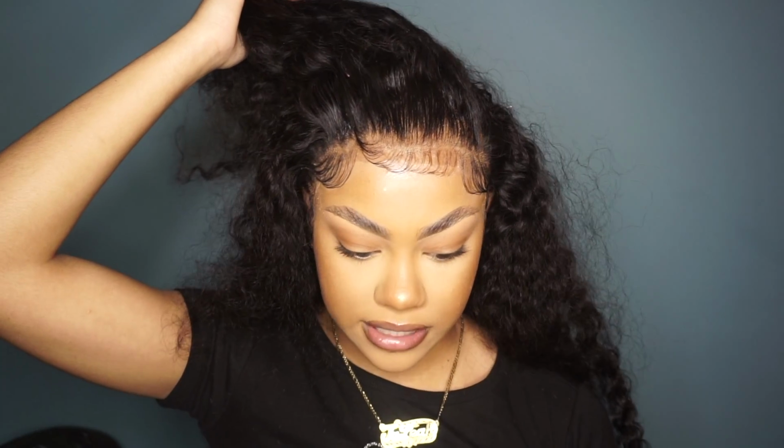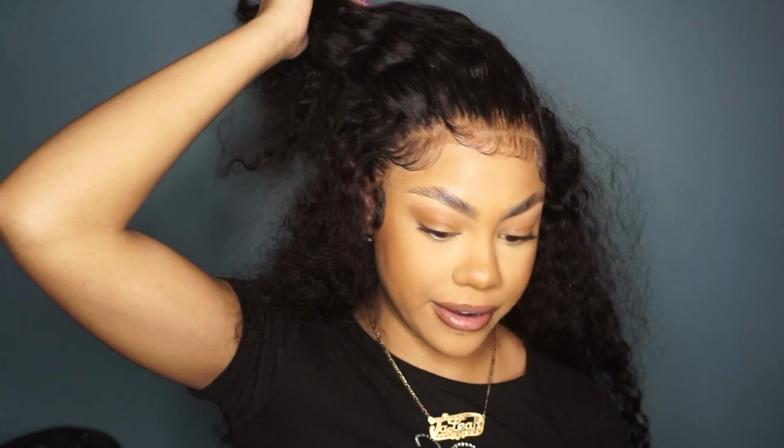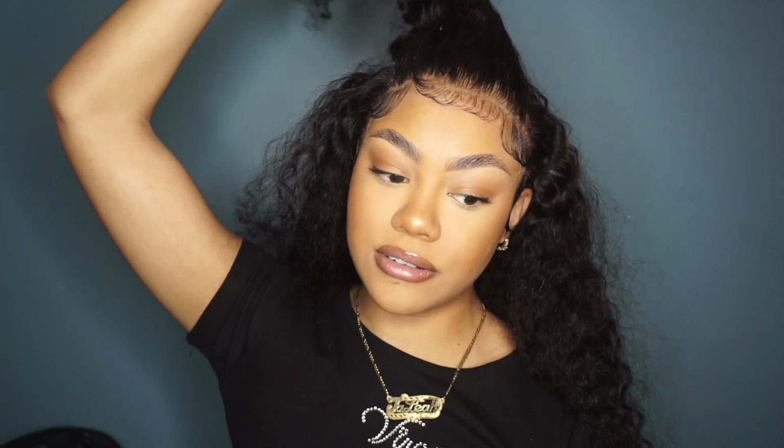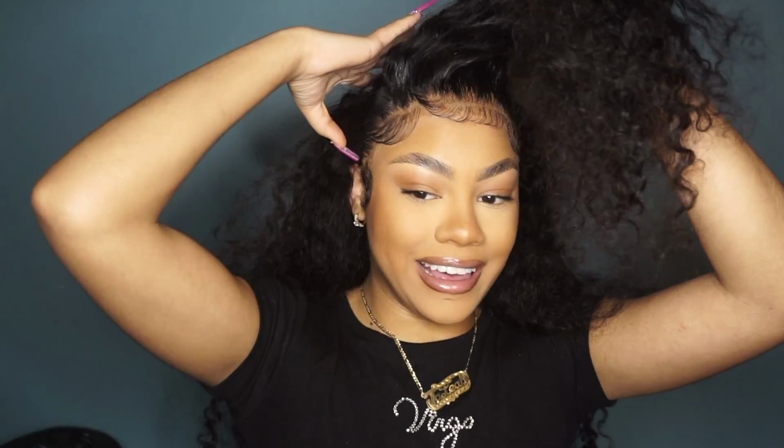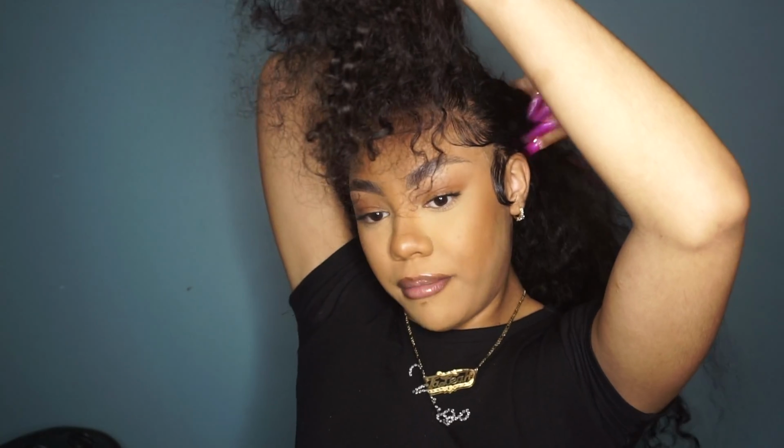I think I actually might have to get a little hair tie, so I'm gonna go get a real hair tie, not no rubber bands. I think that's gonna work out. No, I think I gotta wet this up. I think that's what curly hair gotta be, slippery to get through the cracks. So I'm gonna just go ahead and get all this hair in the back to get out my face, and I'm gonna wet this up, and I'm gonna come back and I'm gonna put it in a real ponytail because